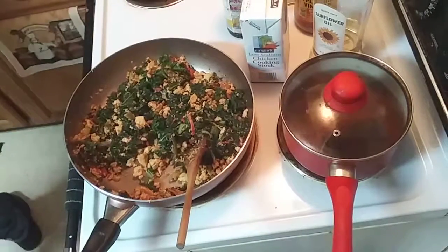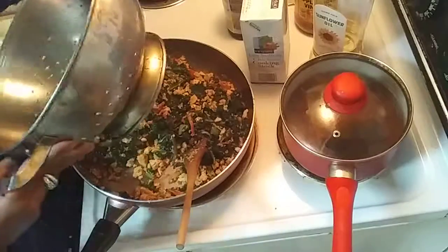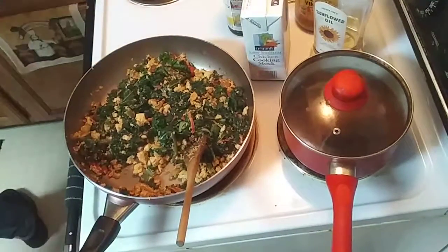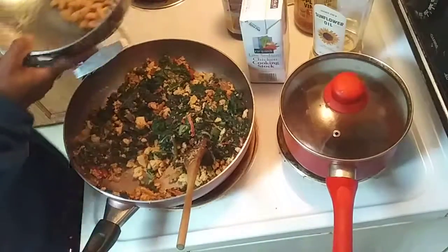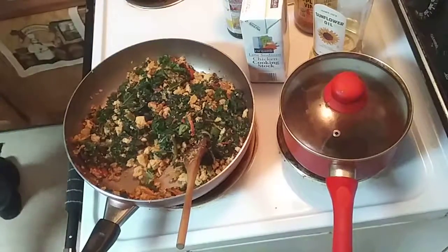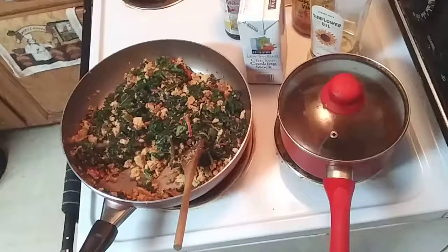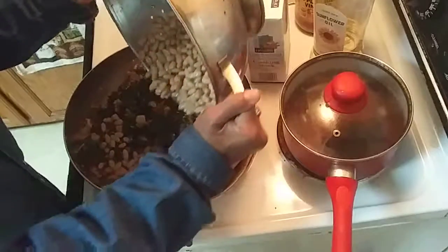Okay, let's add these beans real quick, before this cooks down too much. Alright? Now, you don't have to add beans to this. You can make this dish just like it is. I'm adding beans because I love beans. And this is going to be a high fiber,